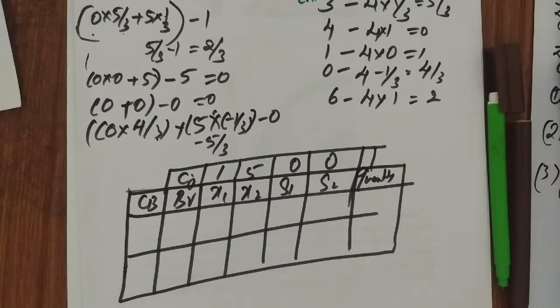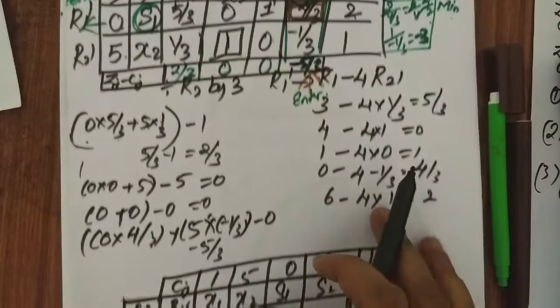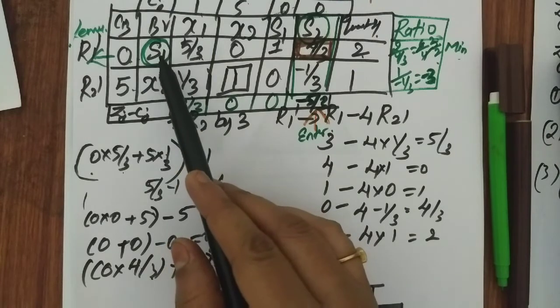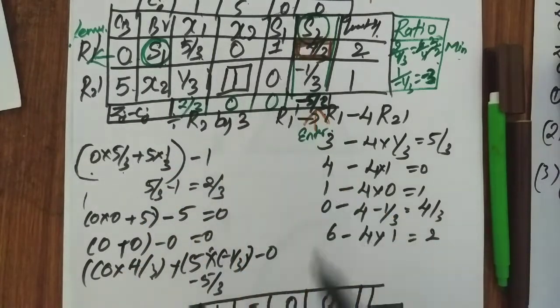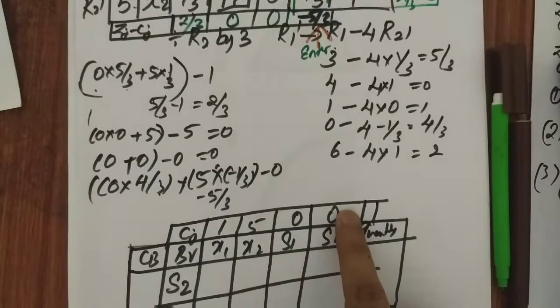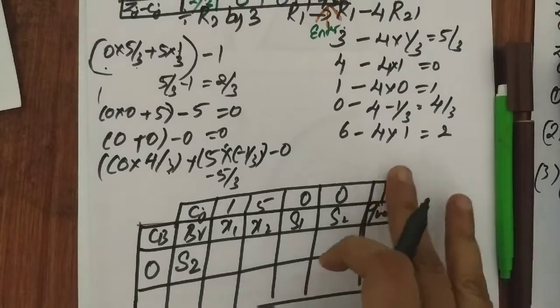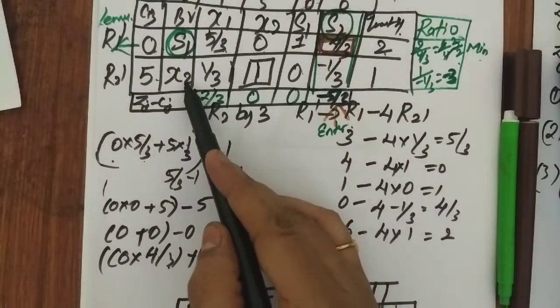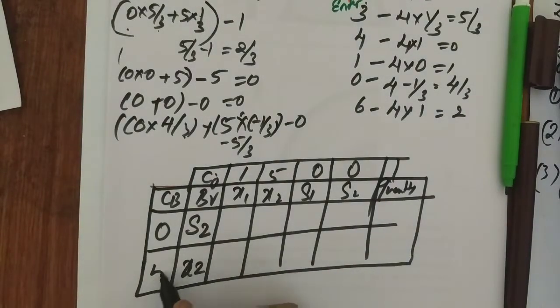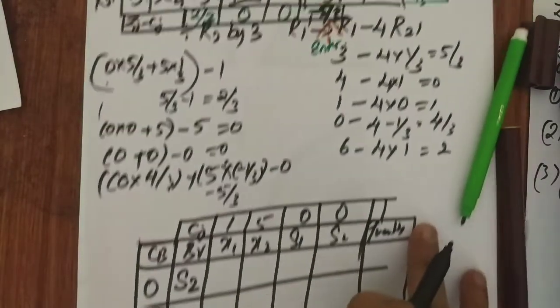Considering the next table, because we had a negative value which is numerically large, we are going for one more table. So what you have to do, first replace the leaving and entering variable. S1 is going to leave, S2 is going to enter. So let me take S2 here. Check the coefficient of S2 in basic variable. Here you can see the coefficient of S2 is 0. So that is done. Next, there is no change in X2. X2 coefficient is 5.